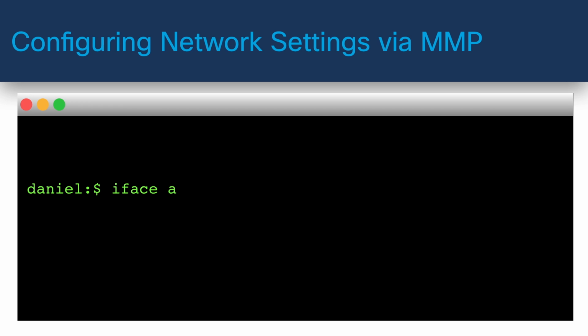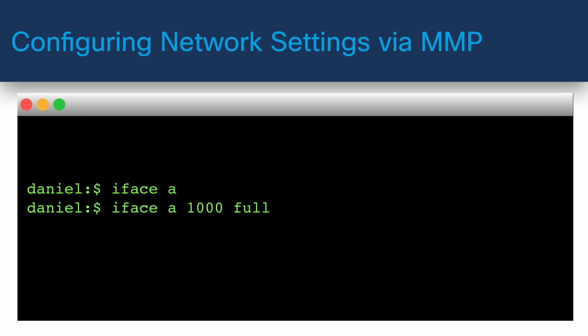Now, remember we said that there are 4 interfaces on the Cisco Meeting Server. There's A, B, C, and D. So as you begin to configure these network settings and as you begin to enable services, you have to identify which interface you're going to use, A, B, C, or D. And you do this by putting in the command iface. Iface is for interface, right? So I can say iface A, iface B, or iface C, whichever interface you're going to work with. And if I type just iface A and hit enter, it's going to show me some of my network connection